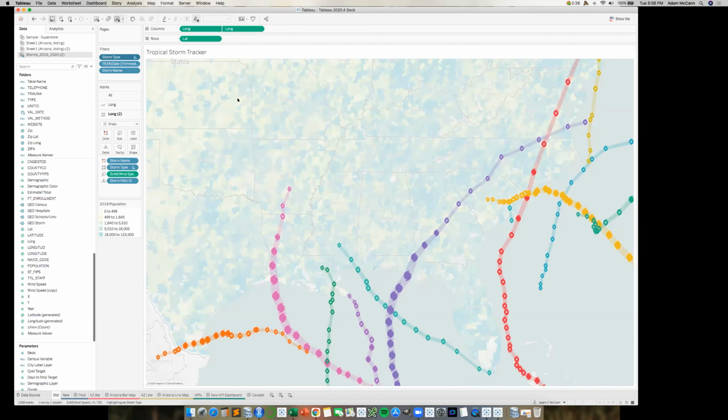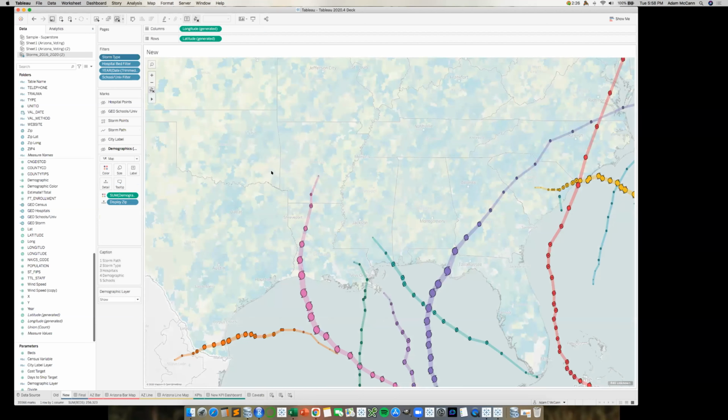But what you can do now in 2020.4 is add as many layers as you want, theoretically. In this view, I have 7 layers, all coming from 4 different data sources, and I'm going to walk you through how I did it. I don't want this background layer because it's not pretty. I can't read it, as Steve just explained. It's hard to see the color differences in population between these two points.